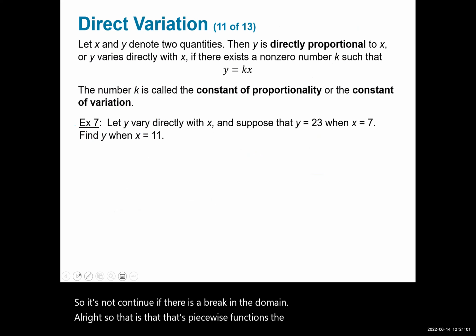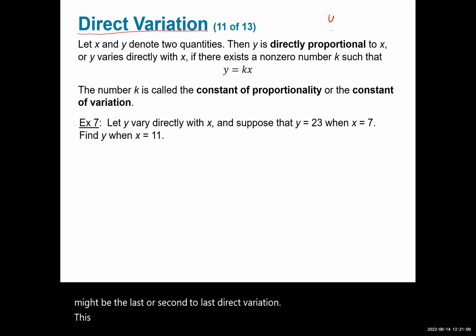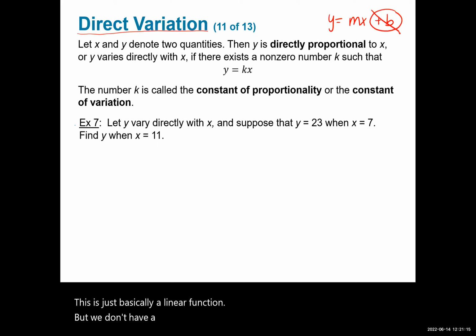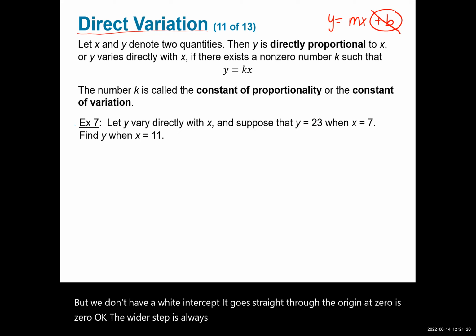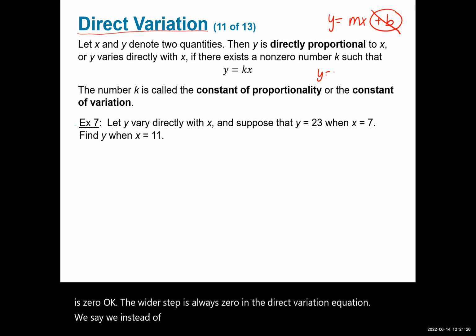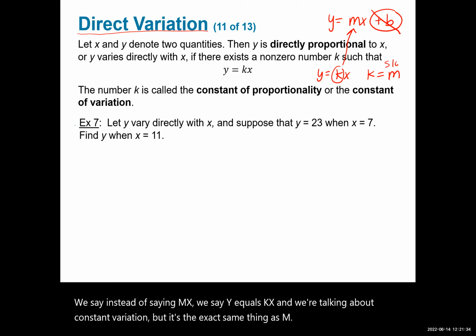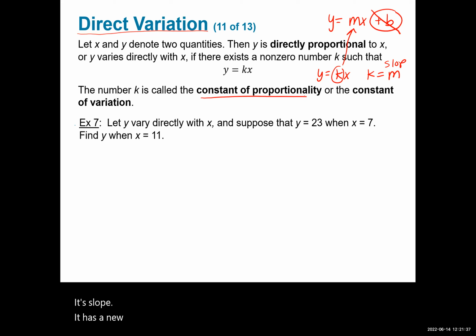The last concept, I think this might be the last or second to last, direct variation. This is just basically a linear function, but we don't have a y-intercept. It goes straight through the origin. At 0 is 0. The y-intercept is always 0 in a direct variation equation. Instead of saying mx, we say y equals kx. And we're talking about constant of variation, but it's the exact same thing as m. It's slope. It has a new name, constant of proportionality or constant of variation, but y'all, it's the same thing,